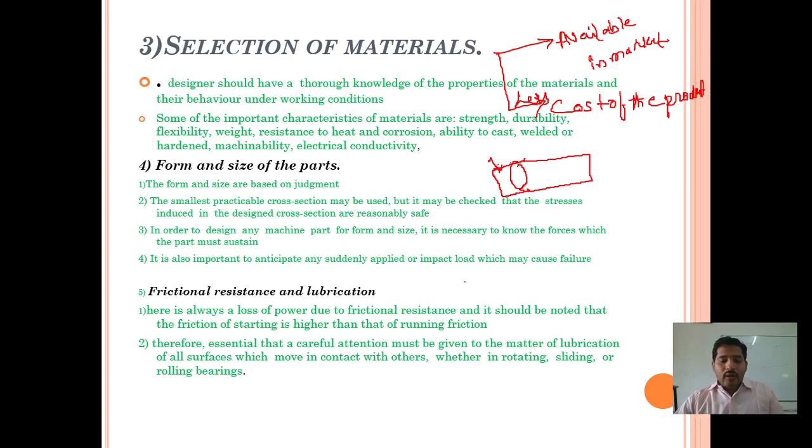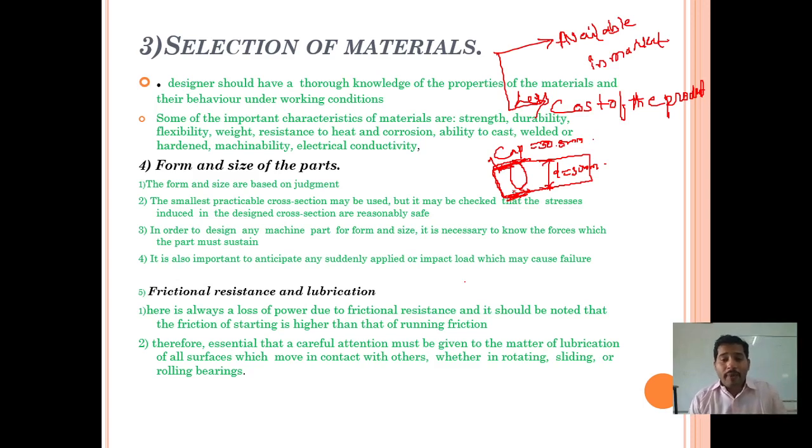If it is not having a gap in between, we have to make it in such a way that the diameter of this pen, how much is there? Let us assume the diameter is 30 mm. So how much diameter do we have to maintain to make the cap? We have to maintain 30.5 mm on the right side and on the left side. For that reason it is easily adjustable, and the pen can easily be inserted into the cap, otherwise it is highly impossible to insert into the cap.